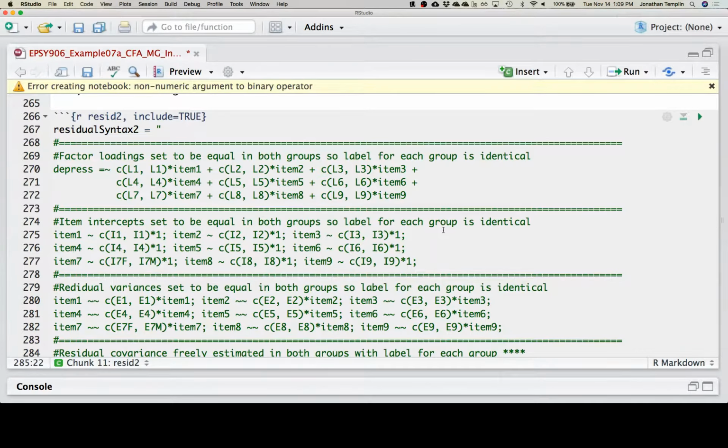So like we saw when we freed the mean or the intercept for item 7, all of a sudden the number of modification indices got smaller for the next step because we didn't have it there, right? So it's not as easy to compute. There's going to be 800 hypothesis tests for this. It's really going to depend on parts of the analysis as well, which is sort of scary.